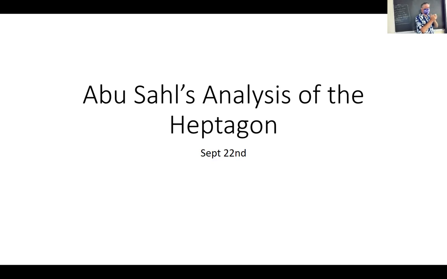Remember, in the last class, we talked about how Archimedes had done this, this way of constructing a heptagon using a neusis, where you want two triangles to have the same area, and all of that looked rather mysterious. And then Abu Sal came along,